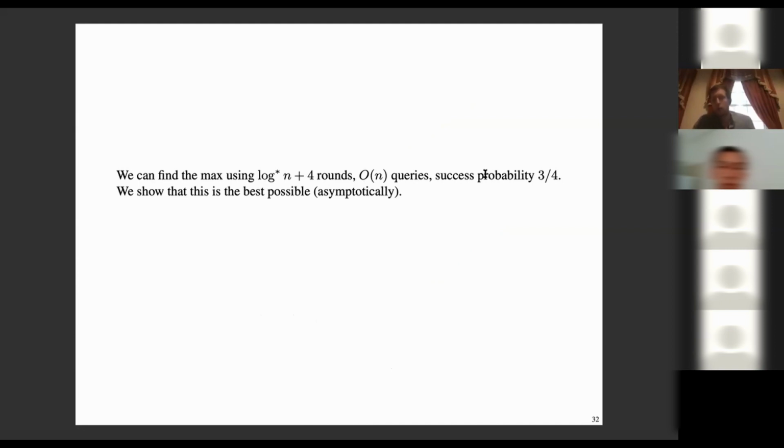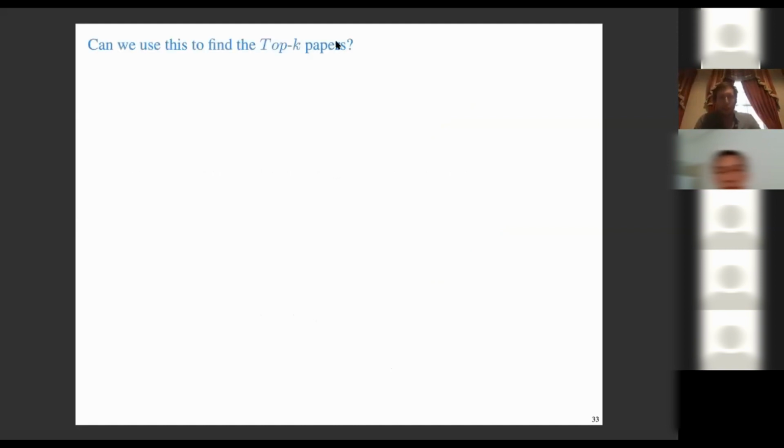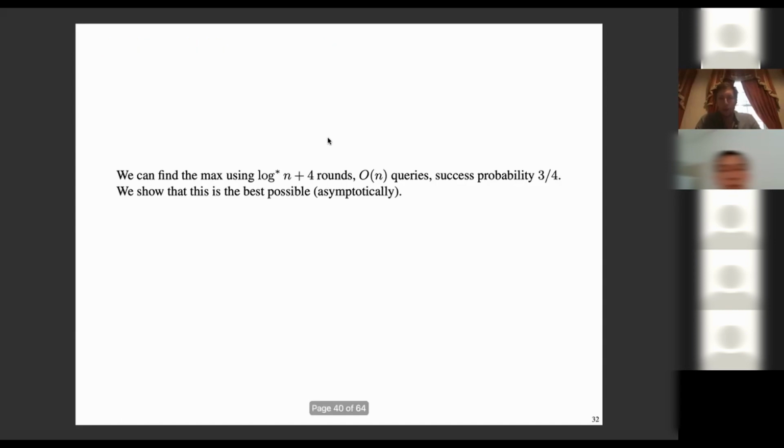But we also show how you can improve this to get a better probability. But then your log star n changes slightly. What is slightly? Okay, I think we see it in a second. I'm going to show you how it's going to change in a second. Or maybe let's do it now. So what's going to happen is that you have